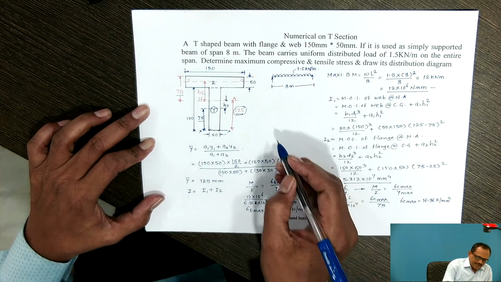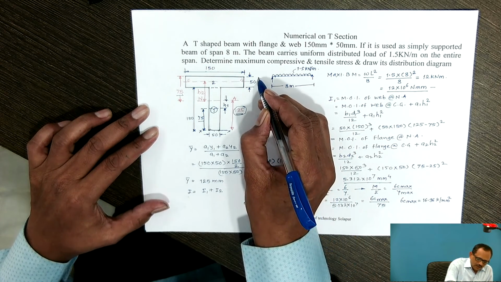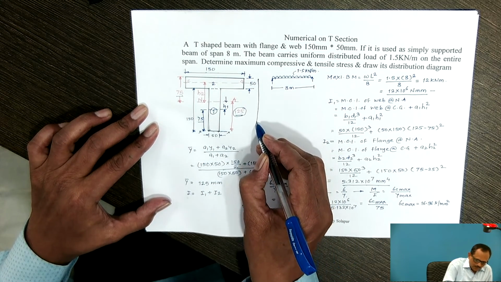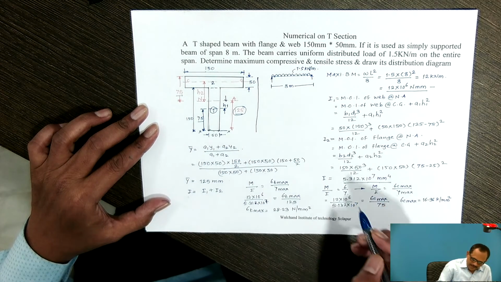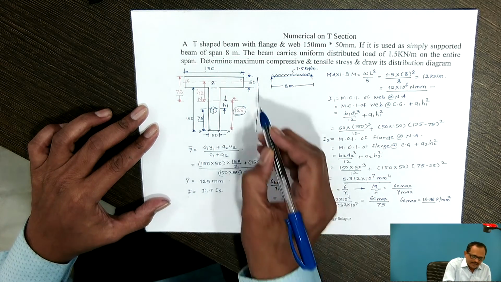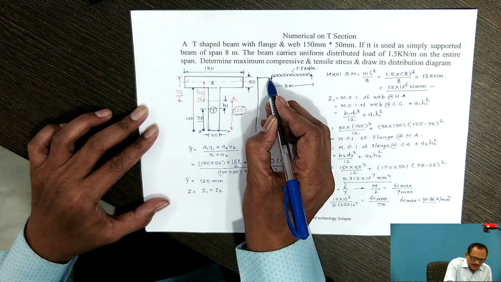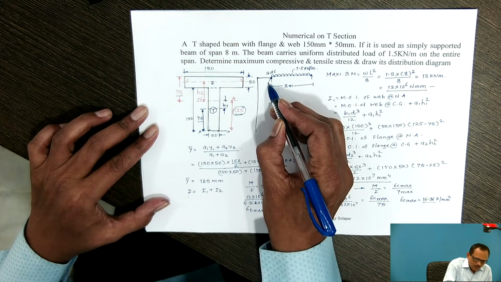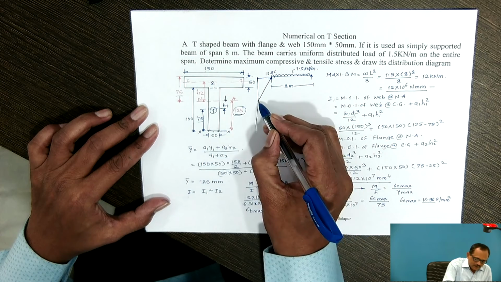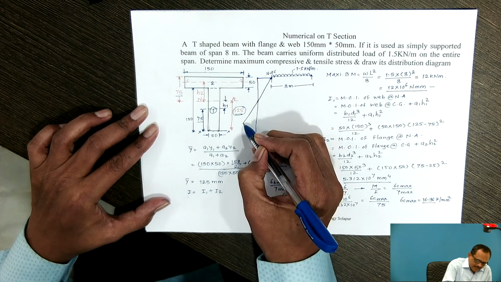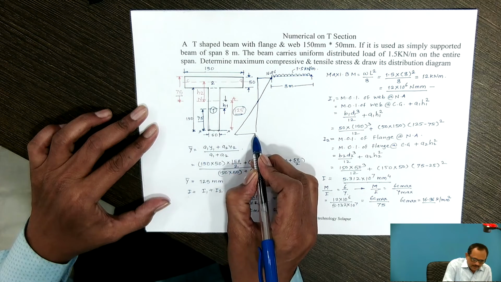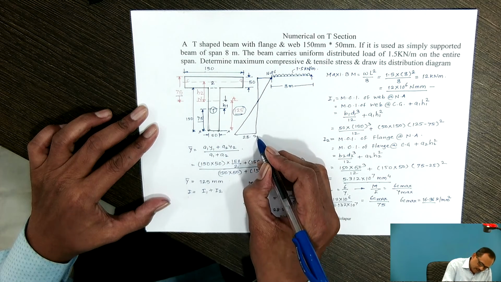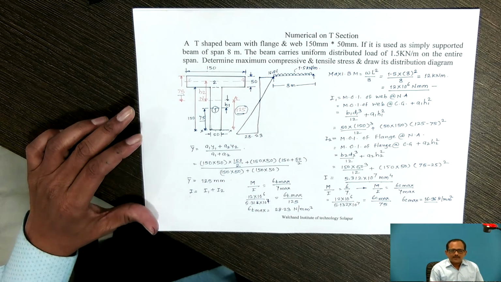Now once you calculate that, you will be able to draw the bending stress distribution diagram along the depth of the section. So at the top, maximum compressive stress is 16.96. So it will vary according to the linear law. It goes on decreasing to 0 at the neutral axis, and from the neutral axis it goes on increasing, and at the bottom the tensile stress is maximum and its magnitude is 28.23 Newton per mm square.